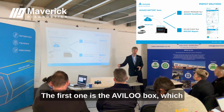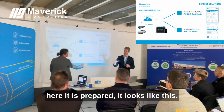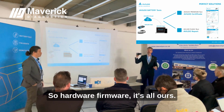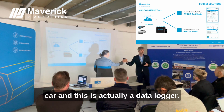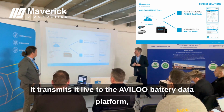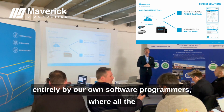The first one is the AVILOO box, which is a piece of hardware. Yeah, here it is prepared. We have one. Yeah, it looks like this. It's an OBD hardware that we developed completely on our own. So hardware, firmware, it's all ours. You connect this to the OBD interface of the car. This is actually a data logger. It collects all the data that we require. It transmits it live to the AVILOO battery data platform, which we will show you afterwards in more detail, which is a mighty piece of software, also written entirely by our own